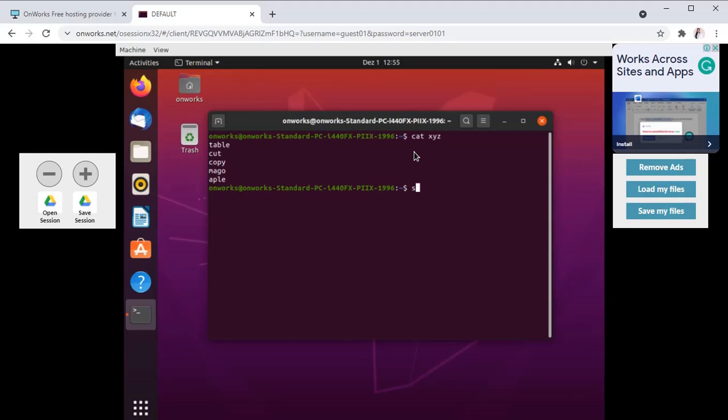Okay, spell XYZ, spell not found. So here we will try to install spell again: sudo apt-get install spell.